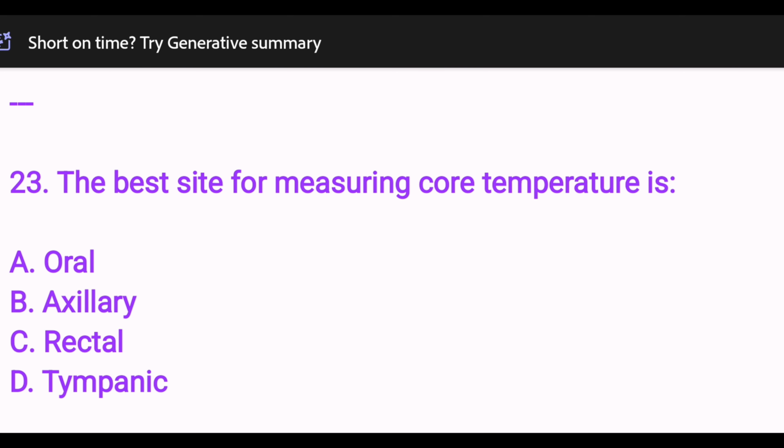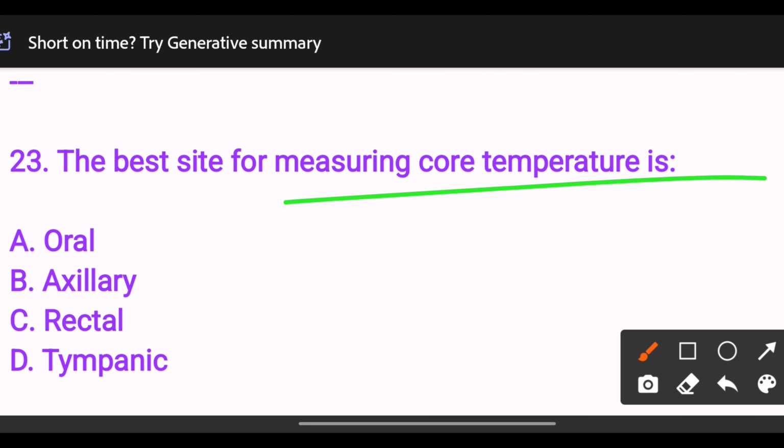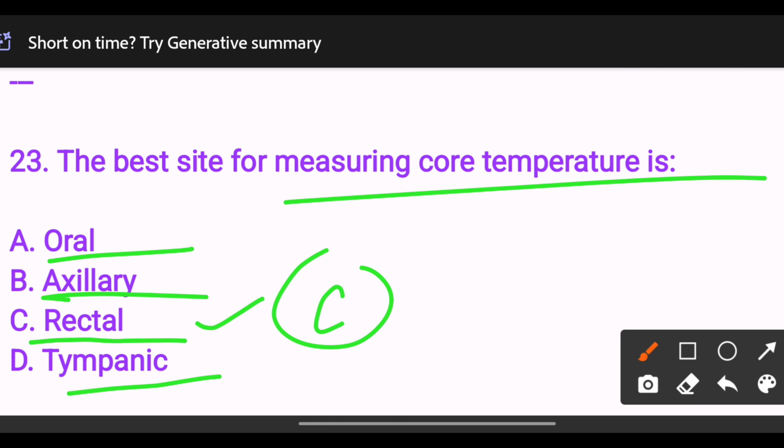The best site for measuring the core temperature. Option A oral, option B axillary, option C rectal, option D tympanic. The answer is option C rectal. Next,